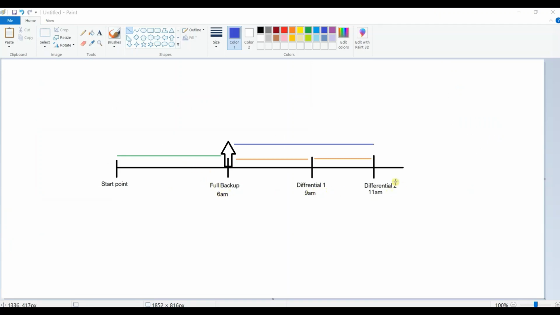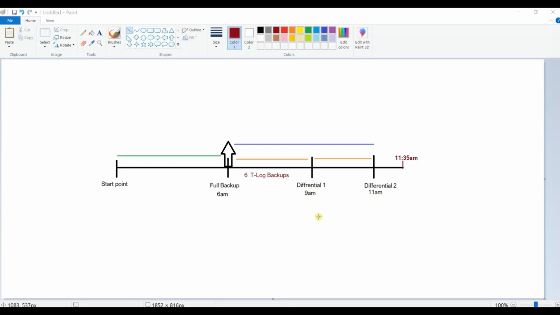So here we have seen the full backup and differential backup. Let us assume we have a transaction log backup for every 15 minutes, or we can also take for every half an hour. So in this scenario, I'll take transaction log backups for every half an hour. So 6 to 6:30 there is one transaction log backup, 6:30 to 7, and so on till 9 o'clock. So we'll have total 6 transaction log backups in these 3 hours because we'll take for every half an hour.